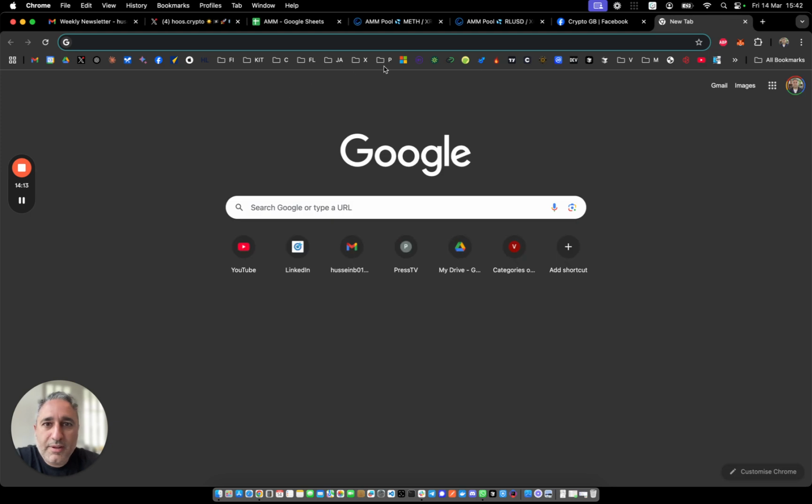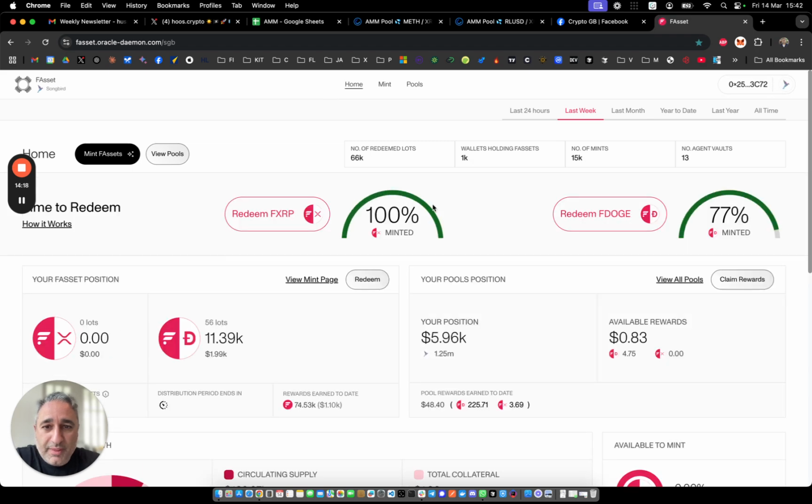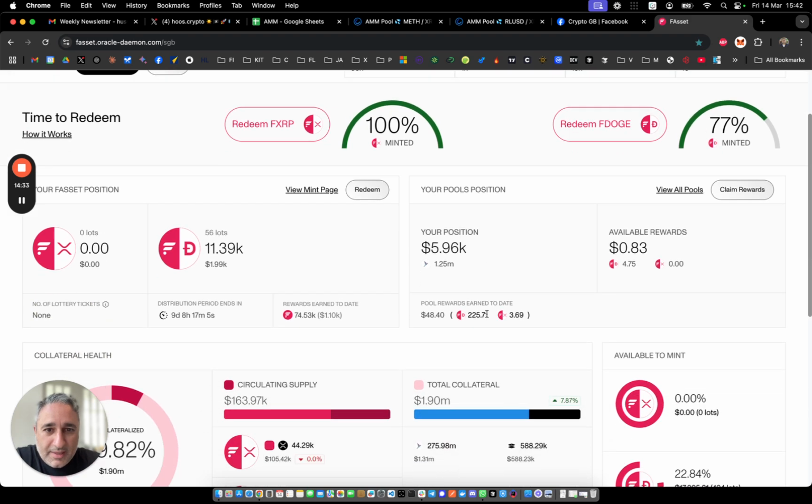Let's have a look. You'll be earning XRP on the XRP that you mint into F assets. So this is right now the Songbird network, which is a canary net of Flare networks. There's already FXRP here, and there's already F Doge. And essentially what you do is you take all of that XRP that you've got at the bottom, at the beginning of the bear market, and a big proportion of that goes into minting